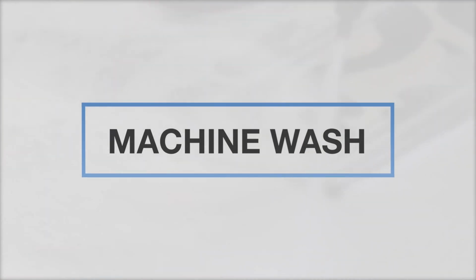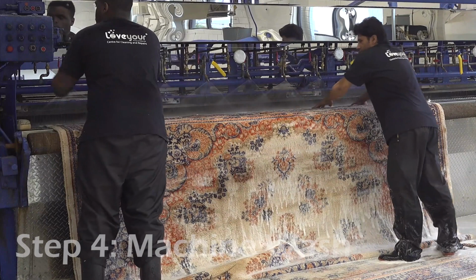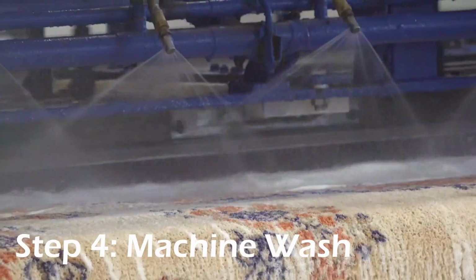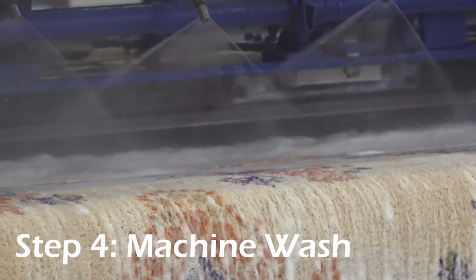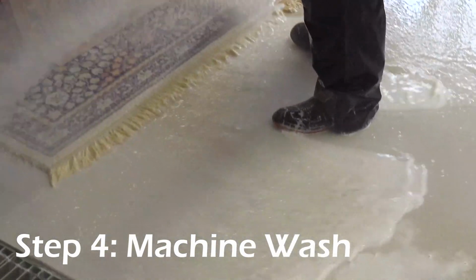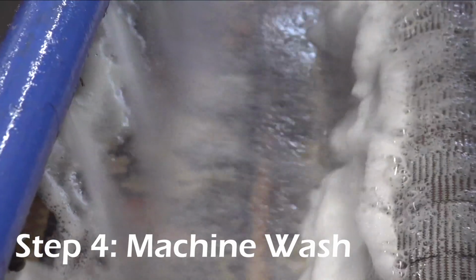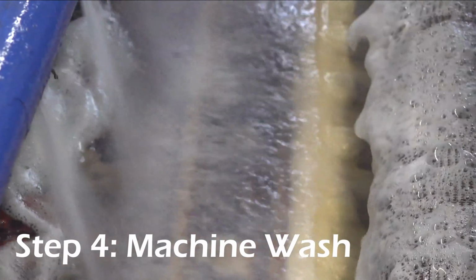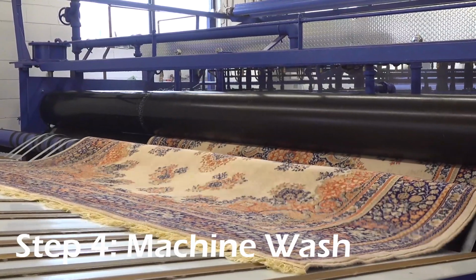Step 4. Machine wash. Next, the rugs are machine washed to ensure a thorough wash on each rug. Each rug is gently scrubbed by a line of soft brush pads that deep clean and completely remove remaining mineral deposits and stains. The excess eco-friendly soap and water is filtered through our drainage system. Our machine ensures that your rug is properly washed, including rug pile and fringes, without damaging your rug in the